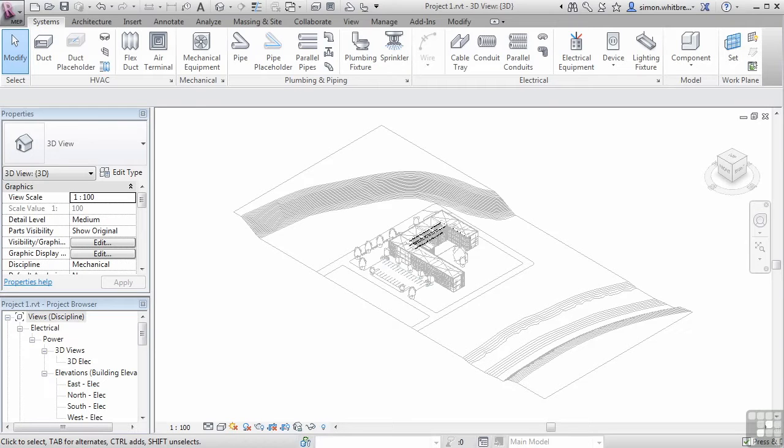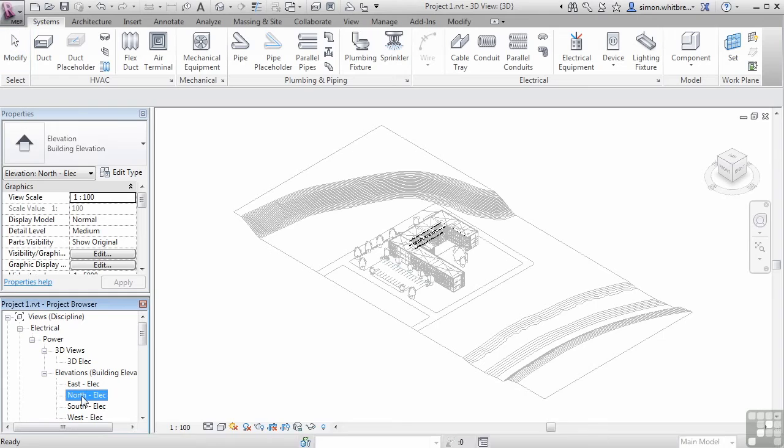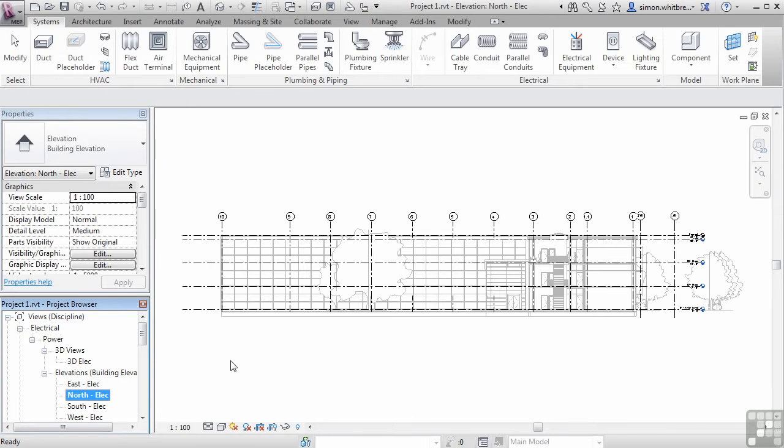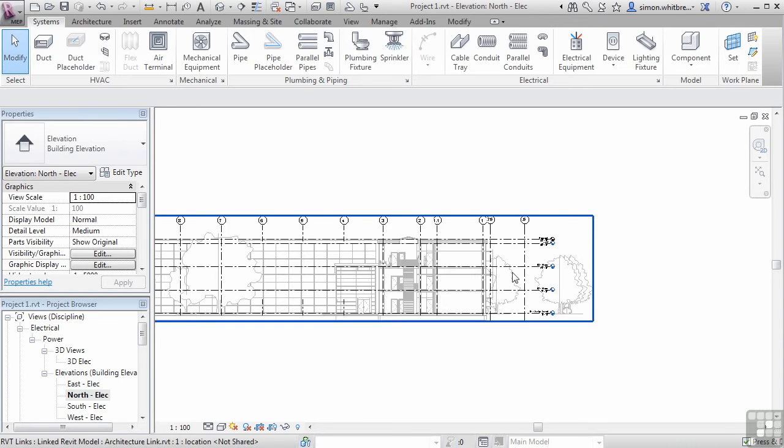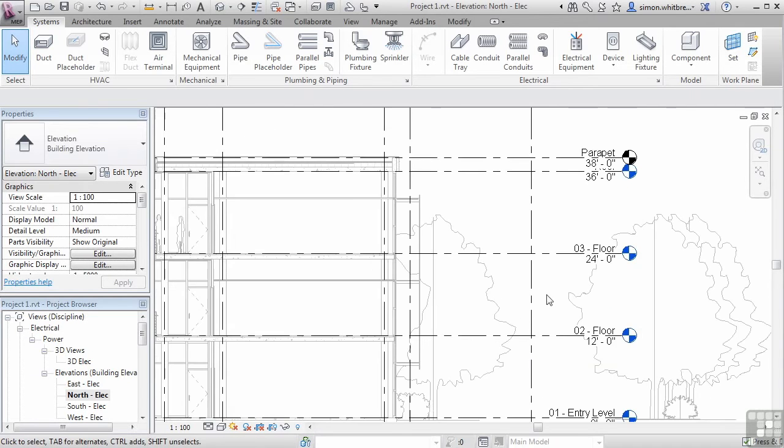Our next task is to copy monitor the levels and grids from the architect's file. As we have existing building elevations, scroll down in the project browser and open the north elevation. In this view, we can see the linked architecture file, and if I scroll in, we can see the levels